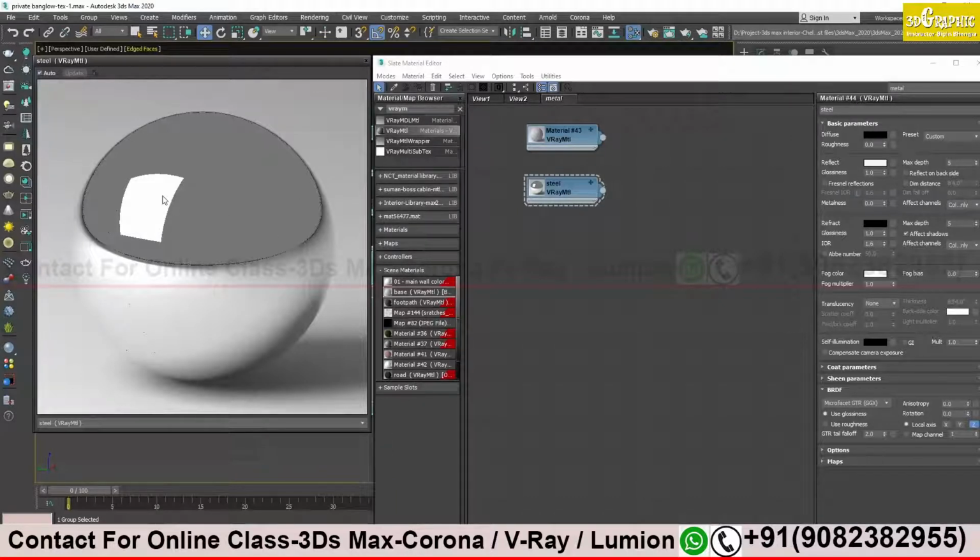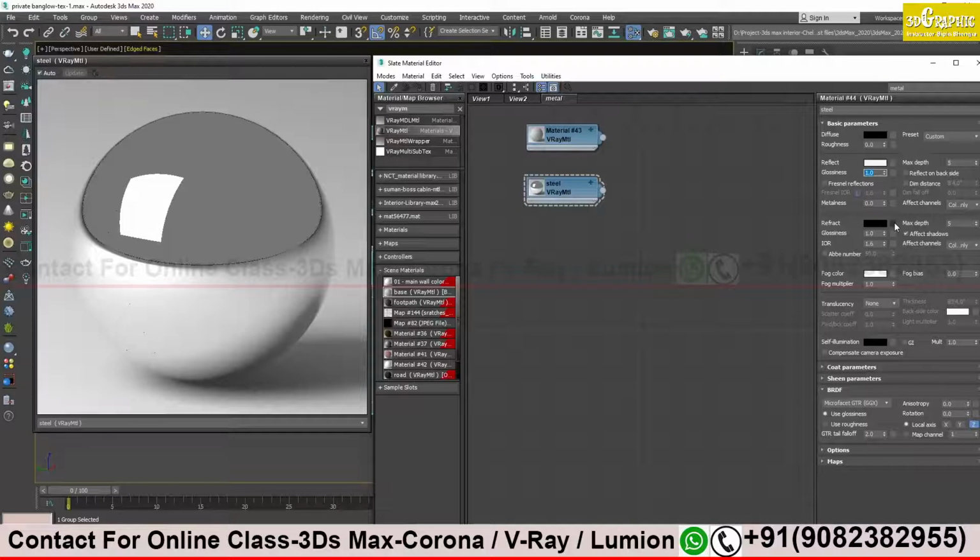If it is very much polished, it will be very reflective. You see the edges over here are very sharp. If you want to make a blurry kind of steel, like the blur you can see on my bottle, you just have to reduce the glossiness, like let's say 0.7.